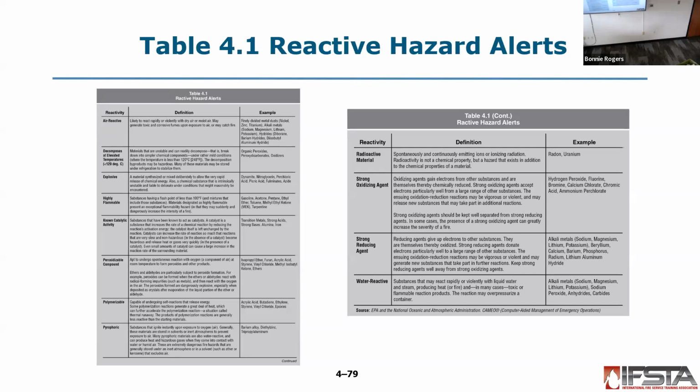For example, peroxides can be formed when ethers and aldehydes react with radical forming impurities such as metals, and then react with oxygen in the air. The peroxides formed are dangerously explosive, especially when deposited as crystals after evaporation of the liquid portion of the ether or aldehyde. Examples are